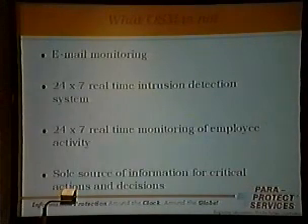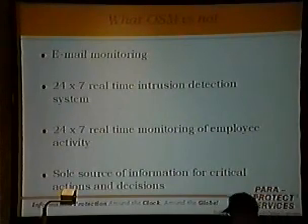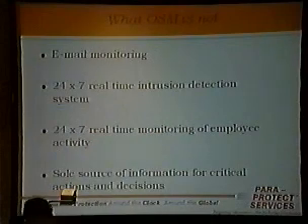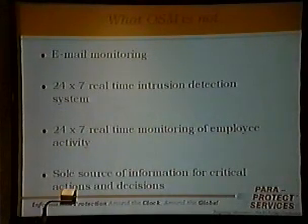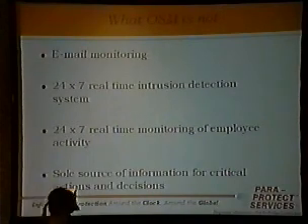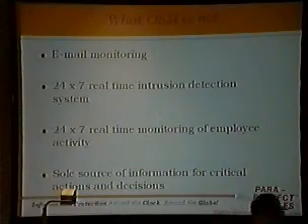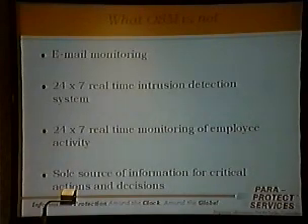What it is not: email monitoring. It can't monitor your email. It's not an intrusion detection system. If somebody breaks into your network, you're not going to know it through OSM unless somebody's bold enough and brave enough to broadcast the fact that, hey, look here, I broke into the Acme Corporation and this is how I did it. If you want intrusion detection, follow what she said, the lady before me: get some experts to install it for you